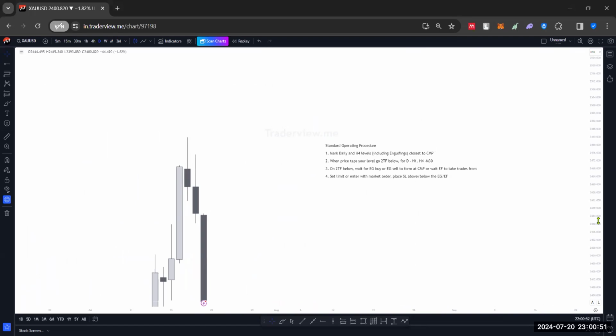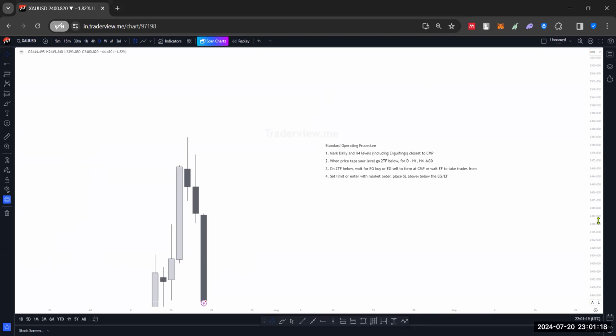Why? Because in those engulfings, that's where you see your broken gap, that's where you see your gap levels, that's where you see classic SNR, that's even where you trade your HNS from, right? So I consider engulfings to be SNR level. So you mark the closest H4 and daily that is closest to the current market price. Okay. And when price taps that level on the H4 or on the daily time frame, you go 2 time